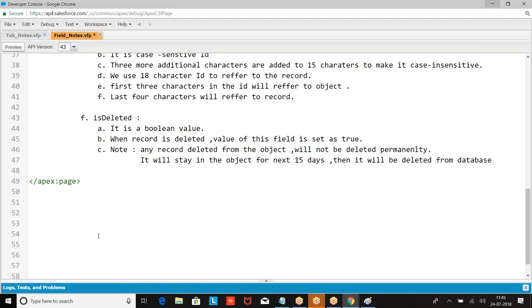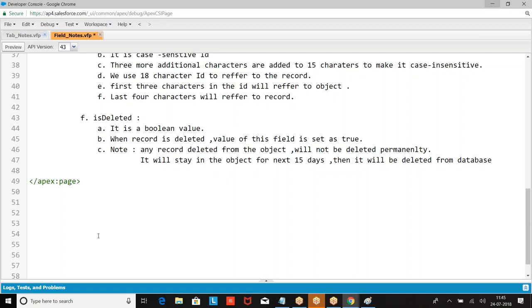So that when you delete a record that has an ID, when you undelete, the same ID has to come. That is the reason when you delete the record, the record is still in the database, because here ID is the primary key for you. When you delete the record, if the ID is lost, getting back the data is also no use, because everywhere I am referring with the ID only. After 15 days, the record will be deleted permanently.